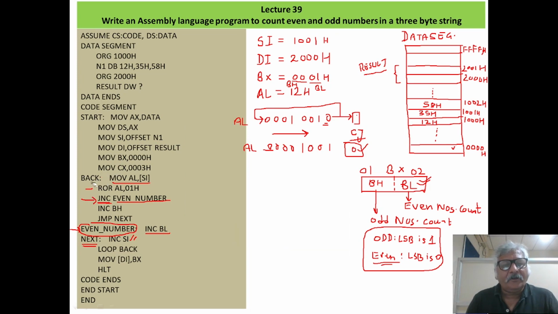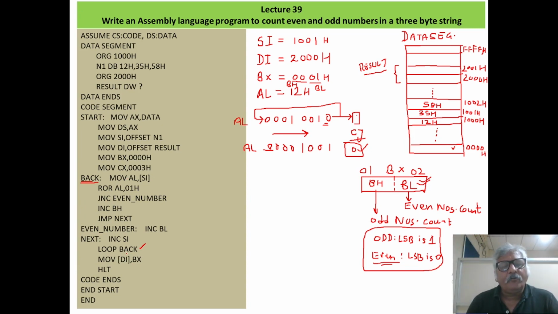Now, after this, this LOOP back will decrease the value of CX by 1. If CX is not 0, then go to the label back. I have written this label back so that I can bring the second number into AL for testing whether the number is even or odd.